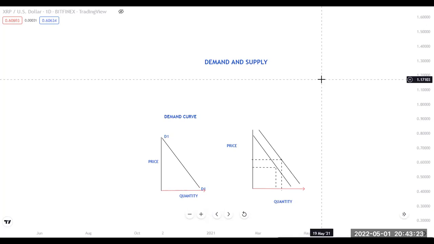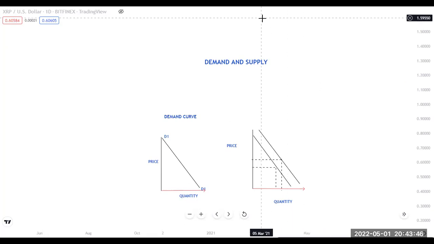Right. So they use this concept of demand and supply to study the behavior of buyers and sellers towards the price, towards the current price of the market. So what happens when this price goes up? What happens when this price goes down? So it is the study of that relation. We want to know what happens to the market when the price rises. What is the behavior of buyers in the market? What's the behavior of supply, of sellers in the market?